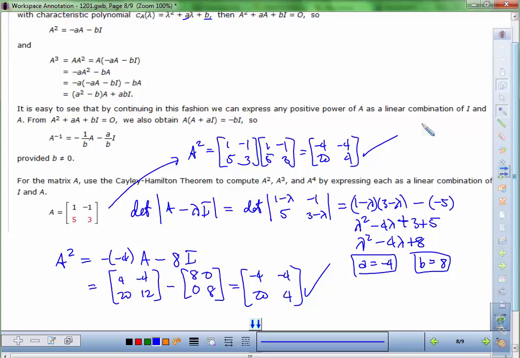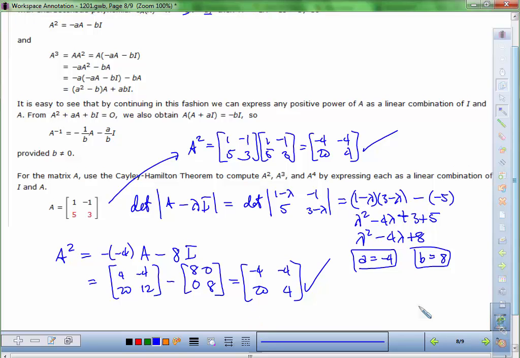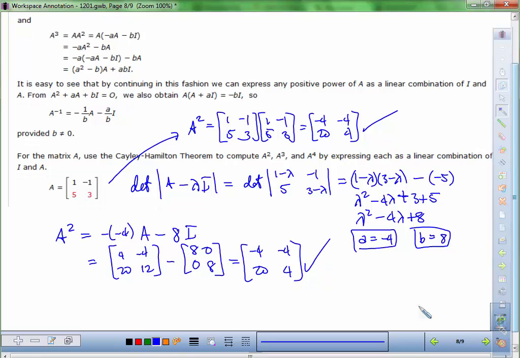So if you're doing this problem and it's not asking you to show the work, right? You could have just done the matrix multiplication and given the answer for A squared. But you should see how I thought this was a little bit easier. Do you think? And especially if we're going to do it to the third or fourth power, then it could be easier. So to the third power,